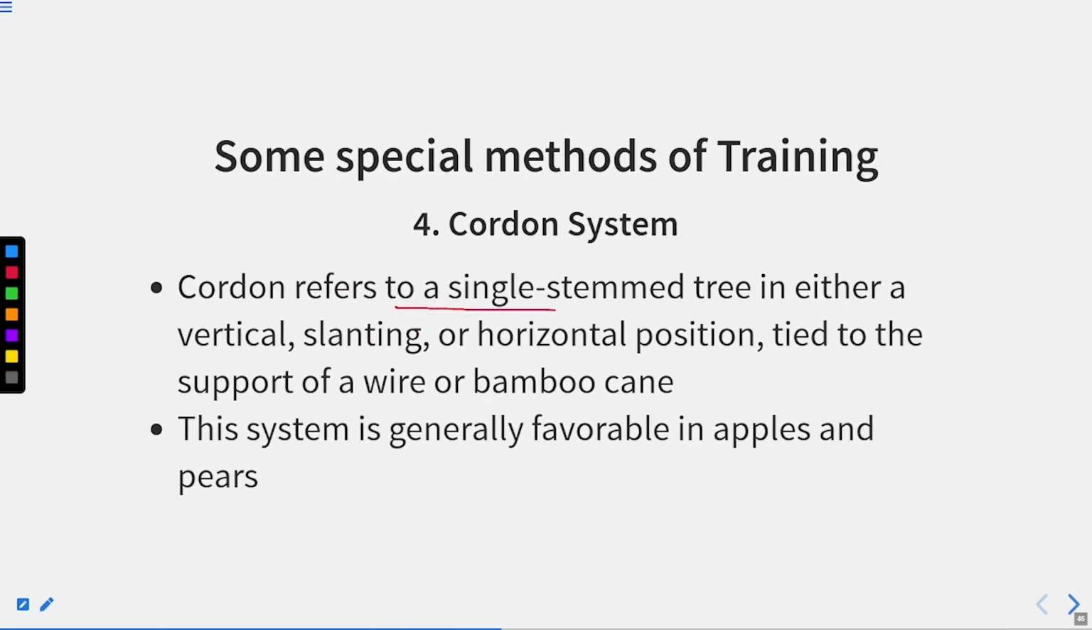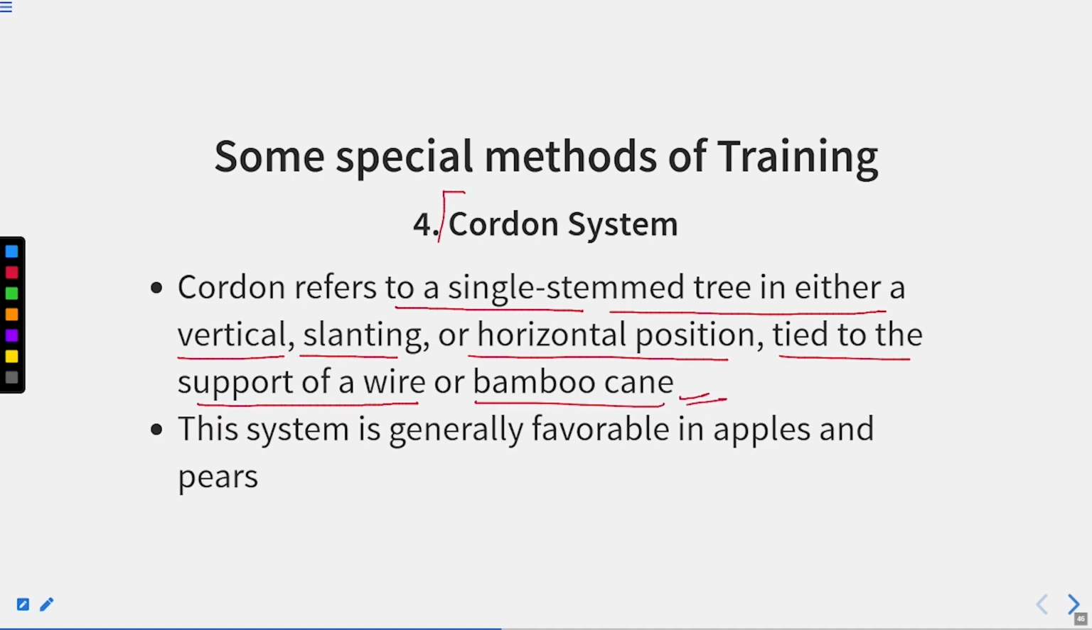Cordon refers to the single stem tree in either a vertical, slanting or horizontal position tied to the support of a wire or a bamboo cane. So this is a cordon system. Next system is the cordon system. So cordon refers to the single stemmed tree, either in a vertical, slanting or horizontal position, tied to the support of wire or a bamboo cane. So we are giving it support with the help of a bamboo cane,